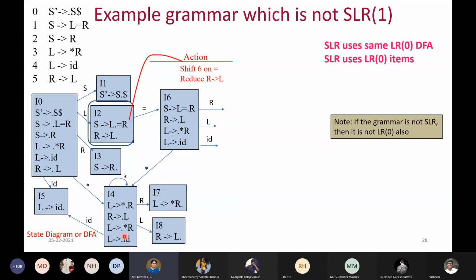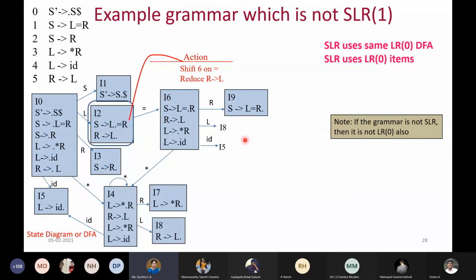And coming to when you read star, what happens? You're going to get back the same content, and therefore we can have a self loop on star. So that is the self loop. And on reading ID, we will get something same like I5, so you can go back to I5. So that is done. And coming to I6, what are the new states that can occur? When you read R, you are going to get a new state because that is something new. We have not encountered this before. And similarly, when you get this R gives L dot, when you read L, what happens? R gives L dot. Just now we have created one state with this, so we can reuse this state now, I8.